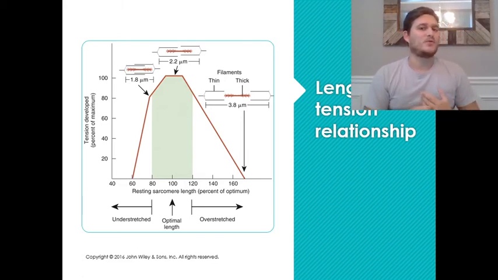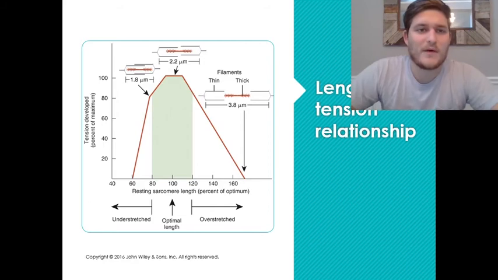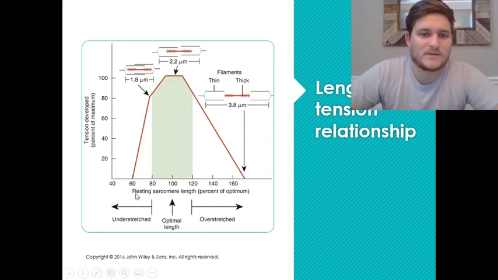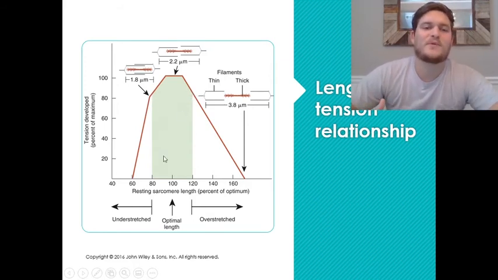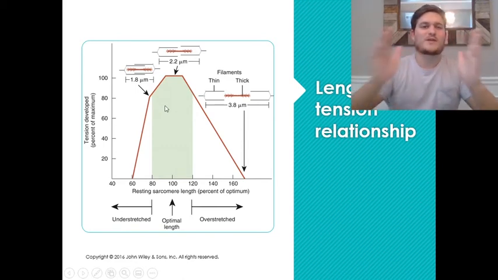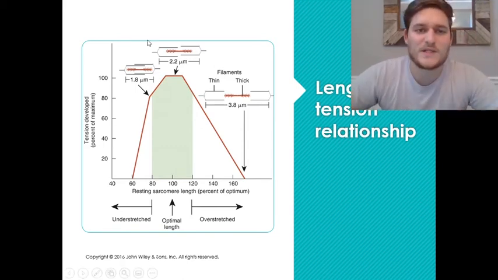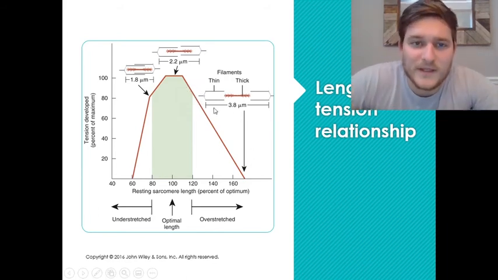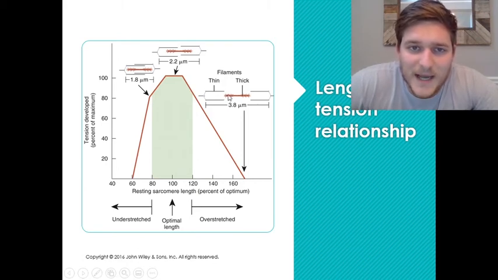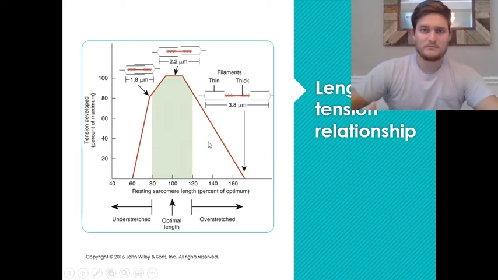This is how it is normally depicted, where you go from a very, very small sarcomere length to around 1.8 micrometers to around 2.7 micrometers. That's called the optimal range because if you just did an isometric contraction at these lengths, you're going to produce the most force here. And as you extend that skeletal muscle fiber, you get fewer of these myosin and actin cross bridges,